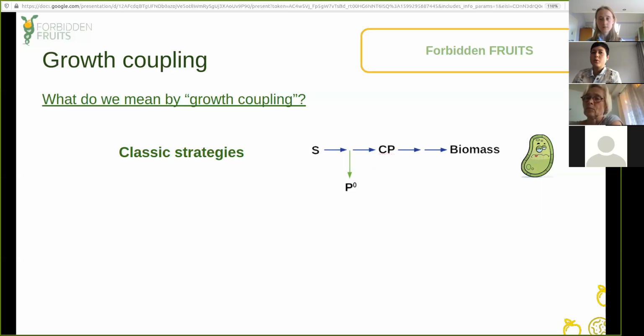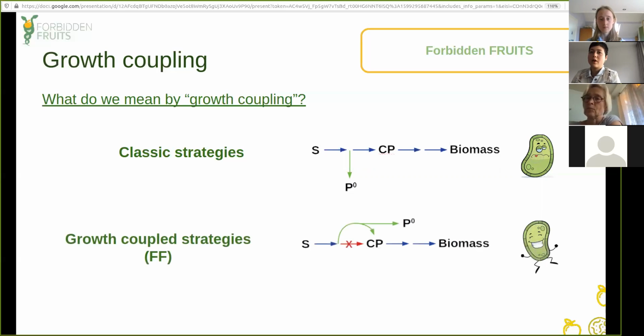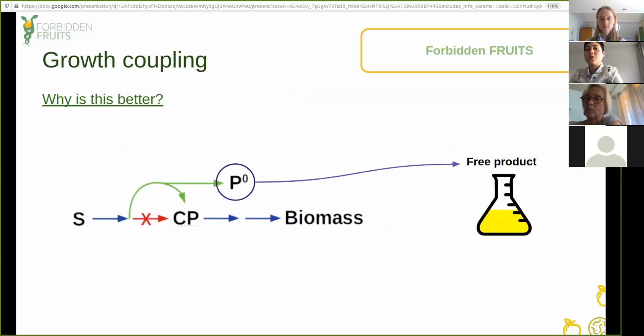So now what we want to do is to replace one of the reactions in the microorganism in a way that the reaction that we introduced will be the only one that the microorganism can use if it wants to produce what it needs for its own growth. But at the same time, this reaction will have our compound of interest as a byproduct. So in this way, the microorganism would not be capable of getting rid of this reaction because it is essential for its growth. And why is this better?